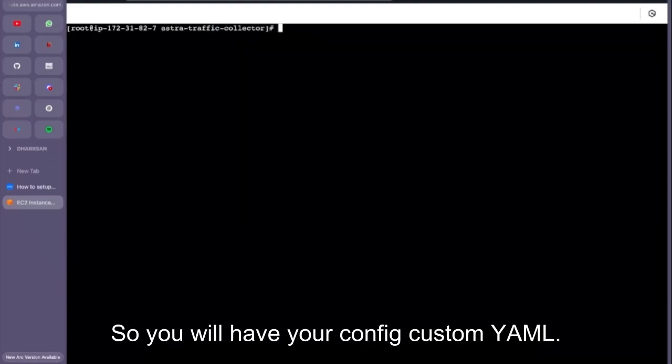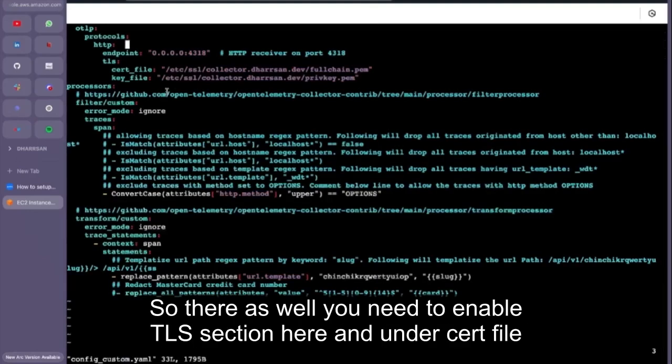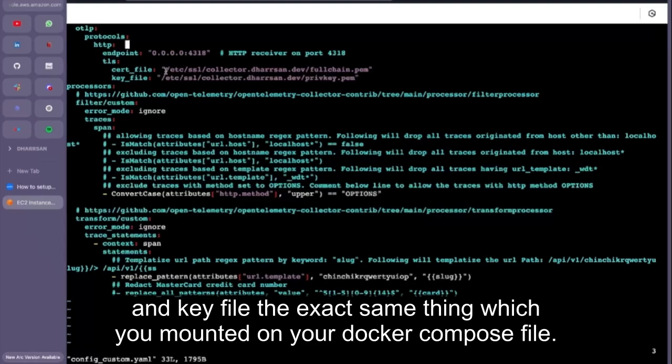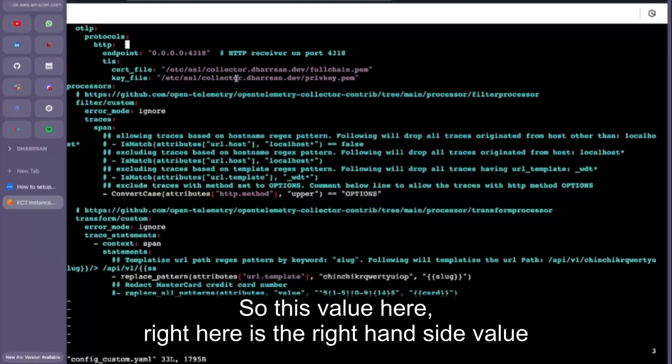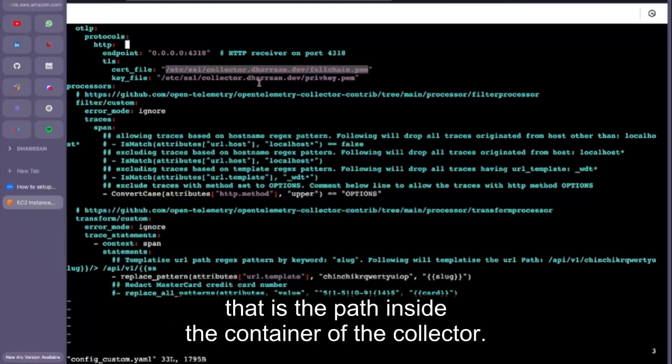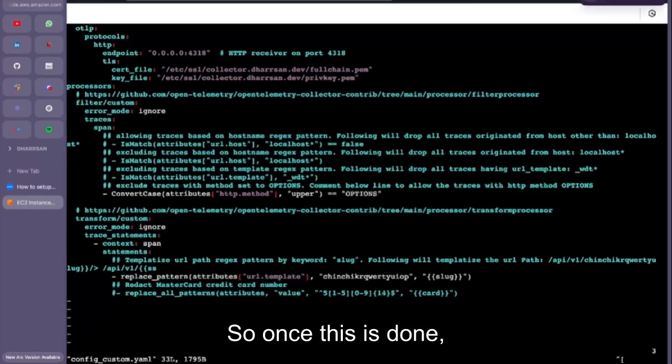So you will have your config custom.yaml. There as well you need to enable the TLS section here, and under cert file and key file add the exact same thing which you mounted in your Docker compose file. So this value here, right here, the right hand side value, is the path inside the container of the collector. So once this is done,